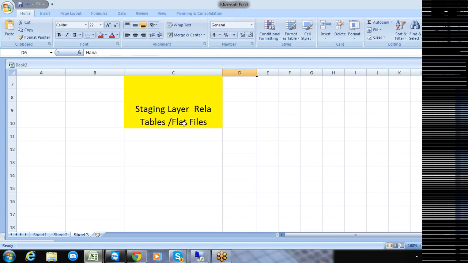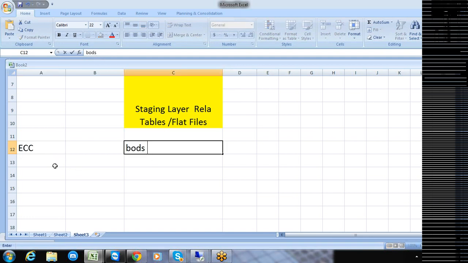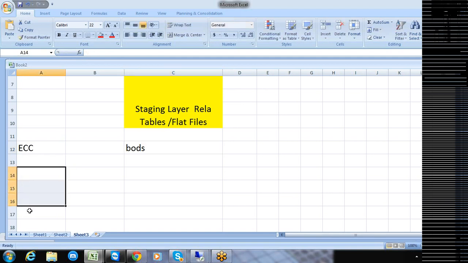And now the question is where the flat file should be created. For the purpose of your ECC and your BODS, in the ECC system itself, we need to create a shared directory.